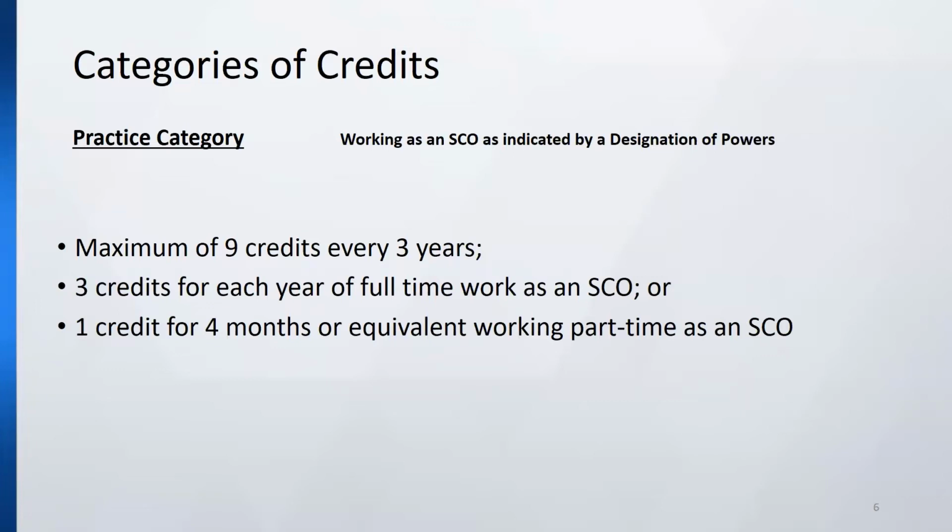So we ask you to report those credits manually and by yourself on the Council Connect because your employment situation can really change anytime. But in case you're worried that you don't have enough credits, sometimes people forget that they get those extra 9 credits for just working as a safety codes officer and having a designation of powers with one of the accredited orgs.